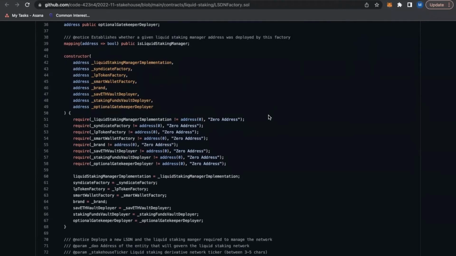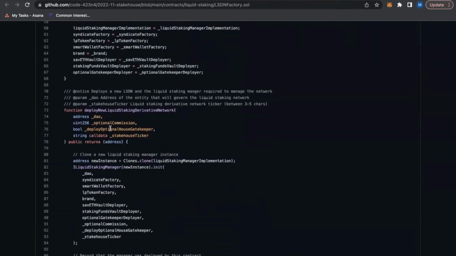Right. This needs nothing more than the gas fees required for a transaction. So all you need to do is go to this function, deploy new liquid staking derivative network, and whatever the transaction cost is will be the setup fees for you. So as soon as you provide those gas fees, and your transaction goes through successfully, you will be having